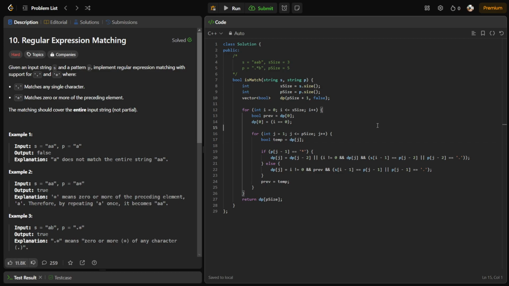LeetCode problem number 10, regular expression matching. So this problem gives us an input string S and a pattern string P. The goal is to implement regular expression matching with support for a dot and a star. So for a dot, we can match any single character, and for a star, we can match 0 or more